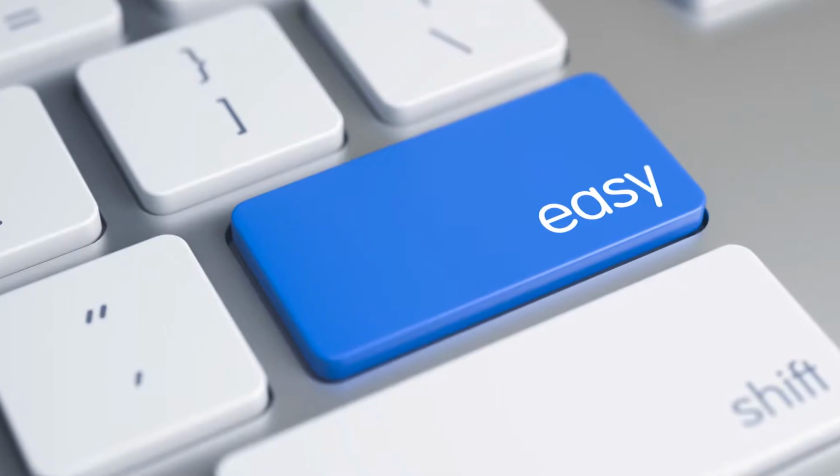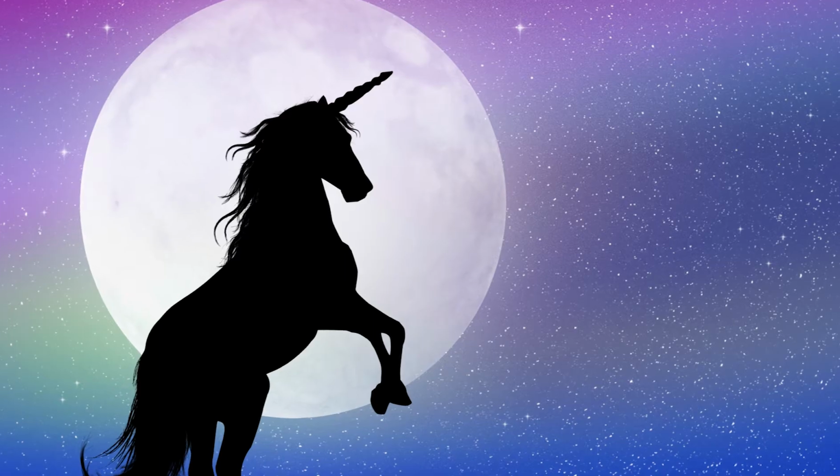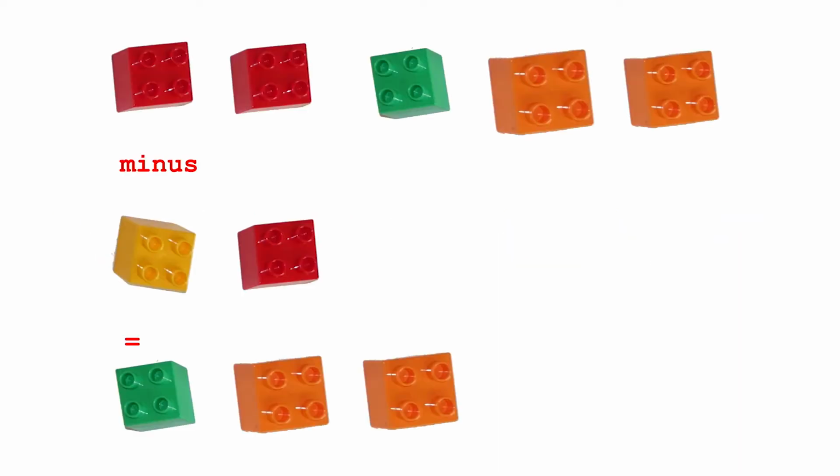Minus simplifies all of this. All you need to do is query both tables and stick minus between them. This is one of the rare cases where null values are considered equal. So the database will handle these correctly without any extra effort from you. Like union, minus removes duplicates. So if you need to see these, you've got to go with not exists.